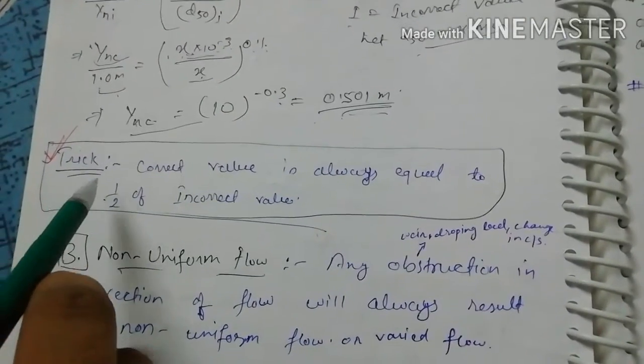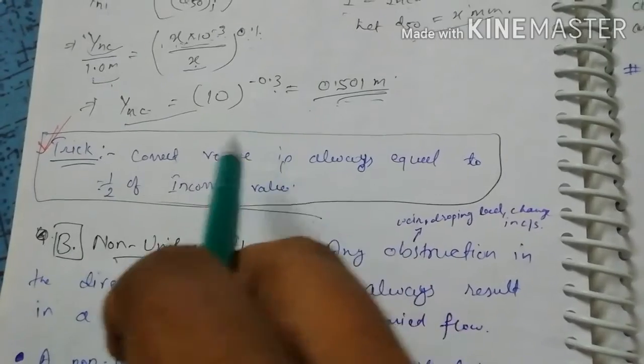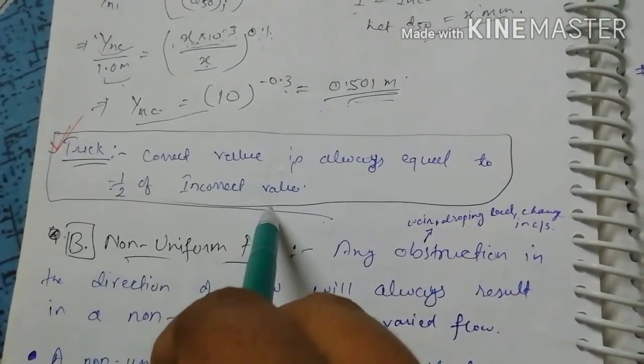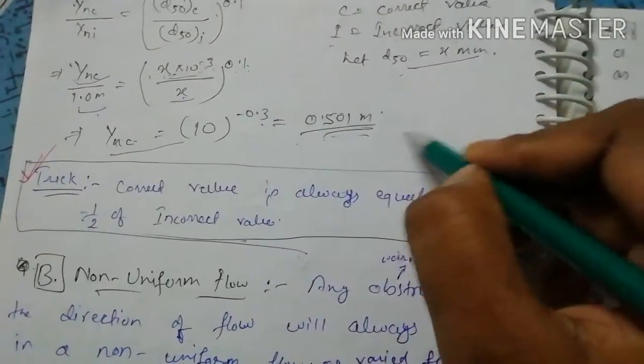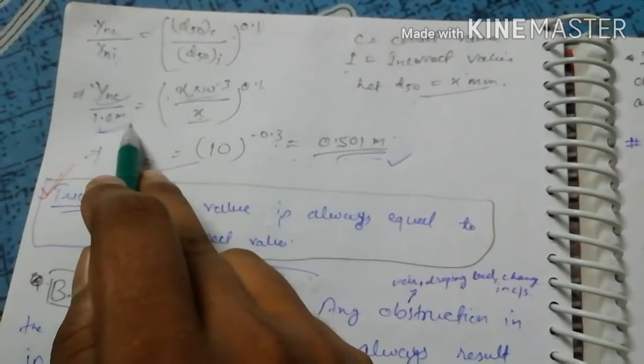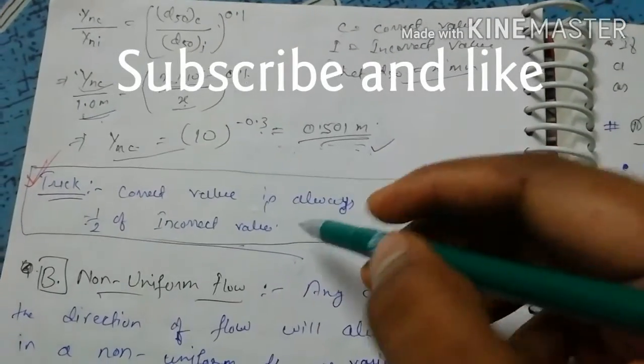And there is one short trick which you can use for saving your time. Correct value is always equal to half of incorrect value. This is the correct value and incorrect value was 1 meter, so it is approximately equal to half. So this was the end of